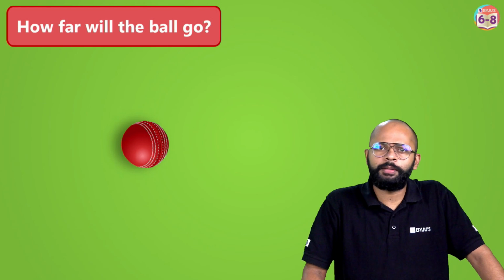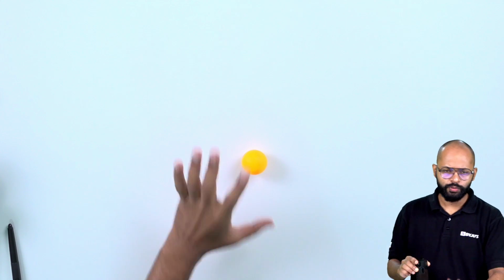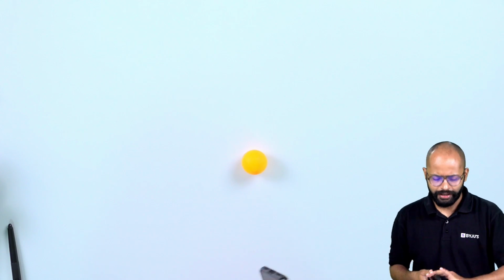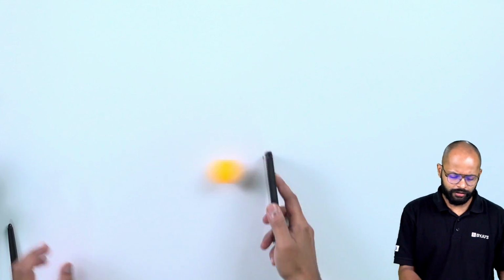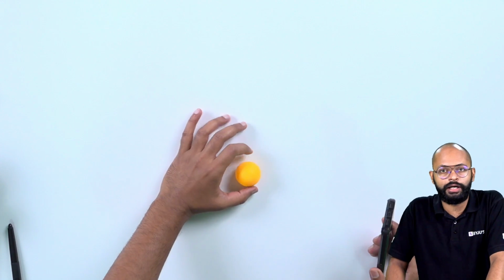The faster you swing the bat, the farther the ball will go. That's kind of true. But let's break down this casual statement. How fast you swing the bat. I would say the more force you apply on the ball, the more it will go, right? The more it will travel, right? So same thing. If this was a ball sitting nicely and idly, if I put a force, okay. But what if I do it? Higher the force, higher will be the motion the ball attains and farther it will go, right?